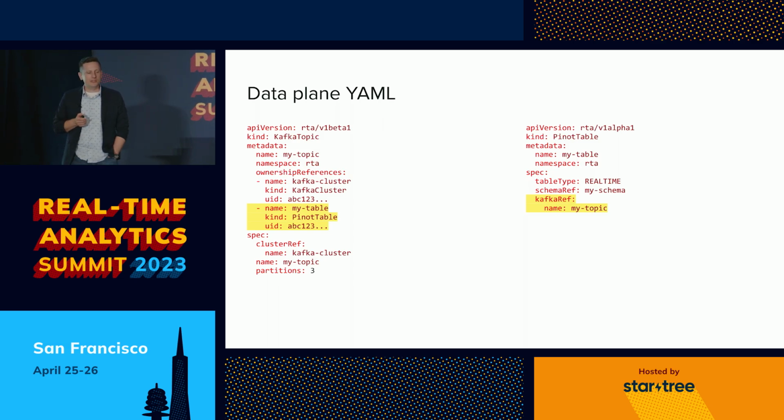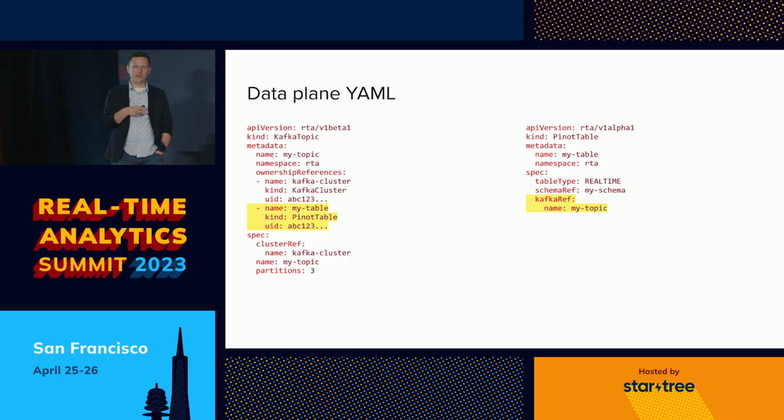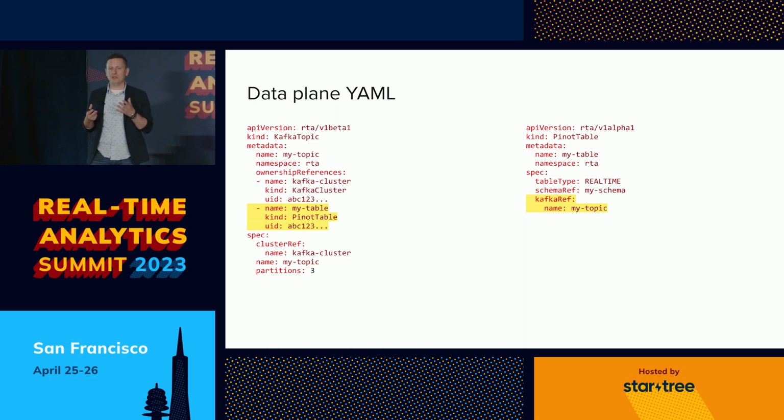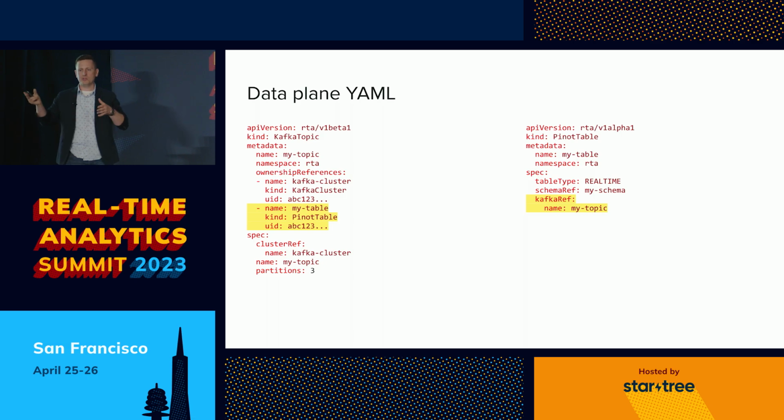Another reason why you'd have things like a Kafka topic expressed in Kubernetes is that you can have your custom resources reference each other in interesting ways. For example, on the left there, you can have a Kafka topic which, instead of knowing how to talk to a Kafka cluster, just references a Kafka cluster that you've already defined in another custom resource. So instead of carrying around bootstrap servers in your Kafka topic configuration, you just point it at a Kafka cluster that knows what the bootstrap servers are. Then you end up not seeing bootstrap servers on everything.